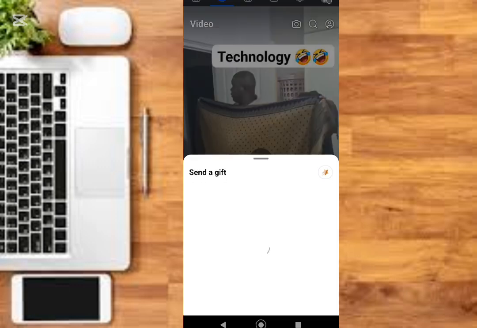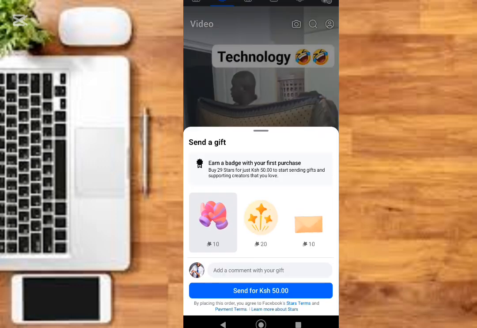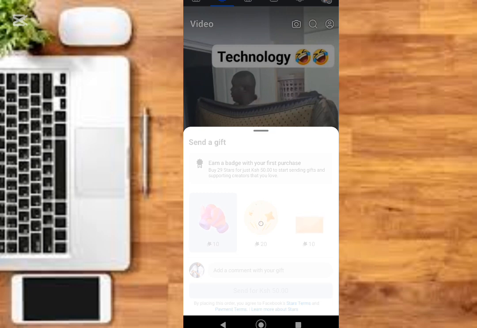tap on it lightly. Then, you will see various options here. I'm currently residing in Kenya, so 10 stars cost 50 shillings. This is around $0.4 or 40 cents. Okay, now click on send,